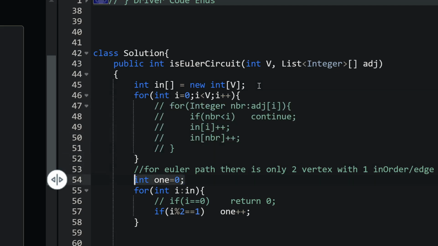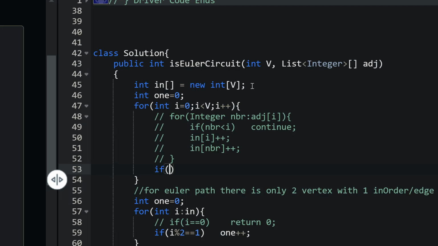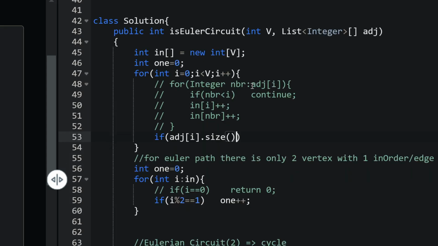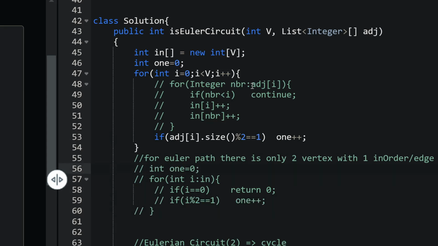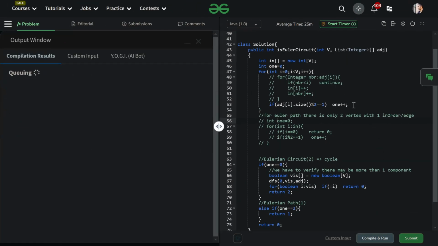I just need to check the adjacency list's ith size, modulus by 2. Is it giving me 1? That's about it, and let's give it a try. I hope it will work.